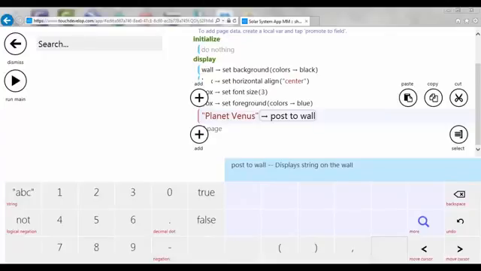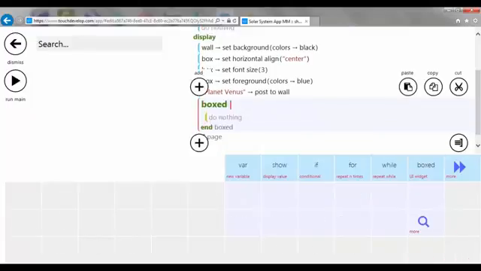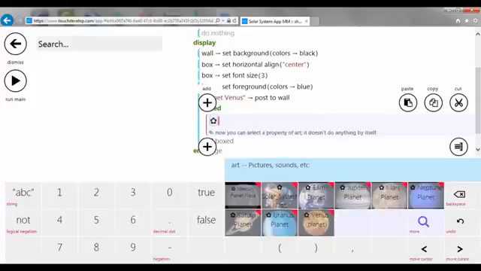Welcome to task 17. We need now to add a new box for the Planet Venus image because we want to set it to a width of 30. So select add a new line, and to create a new box you select box, select the do nothing line, then we're going to add the image, select art, and you'll see the image come up. Select Venus,